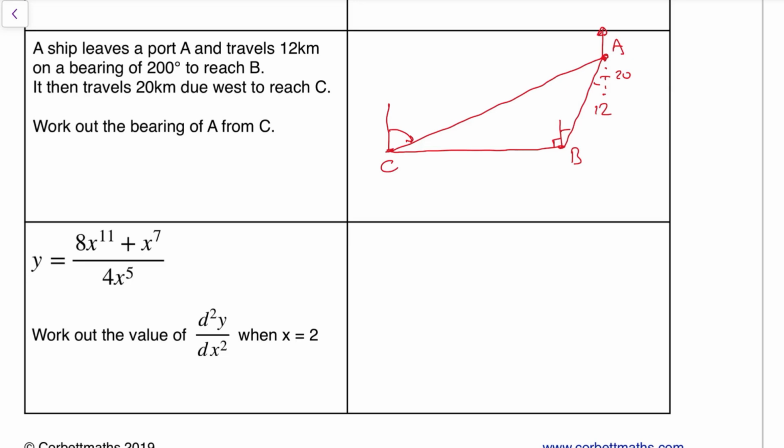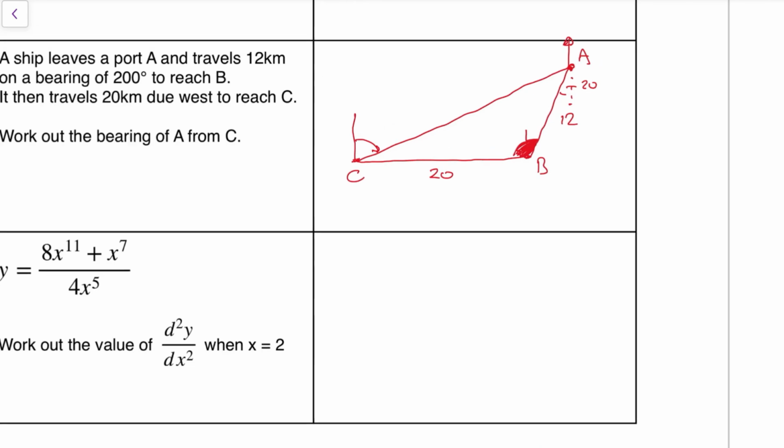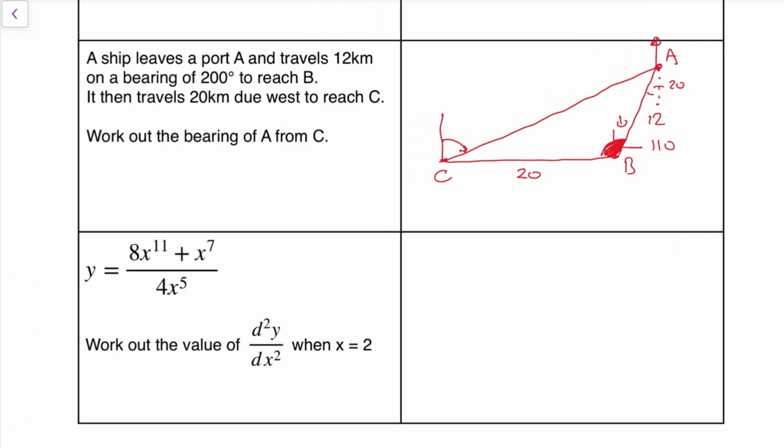Right, usual things. That's 12 and that's 20. So let's just pull this together. So I know that this angle here, let's pull the whole thing in, is going to be, well, because of alternate angles, this is 20. 20 plus 90 is 110. So I know this whole angle is going to be 110, which means I can calculate the length of A